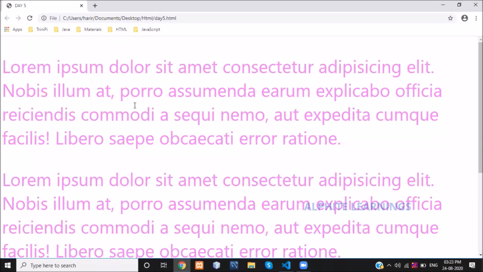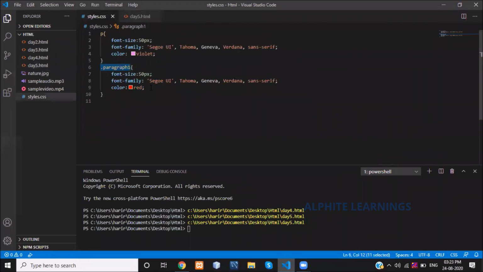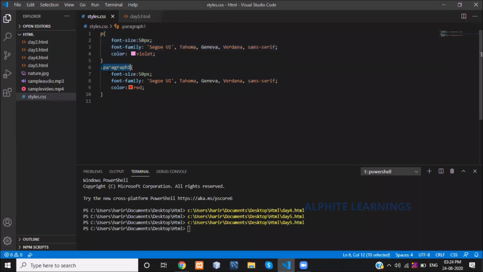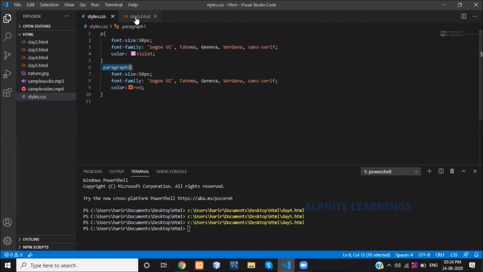See here, your paragraph 1 is in the red color, what you have mentioned in the styles. The remaining 2 paragraphs have the paragraph tag, so they are displaying in the rest of the formats. For this we are using the class name. Whatever properties you define with a dot and a name, you access them by mentioning the class name in the HTML, with the same name you gave there.